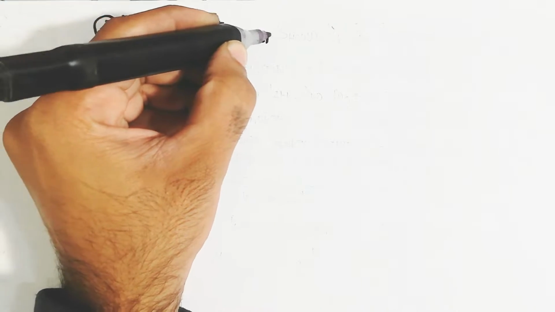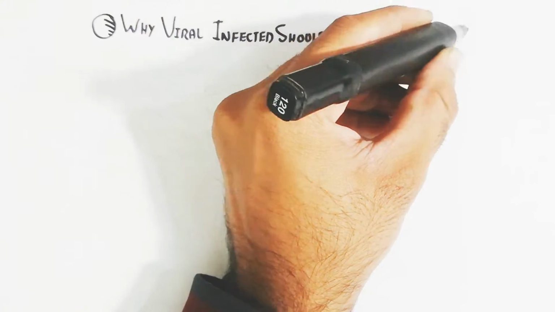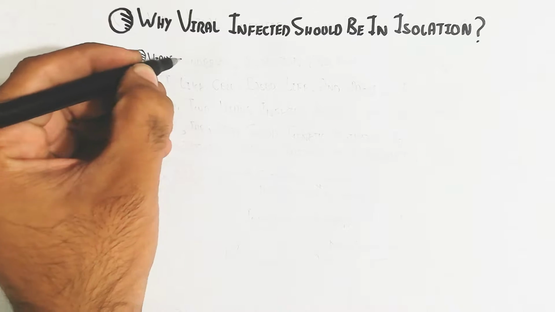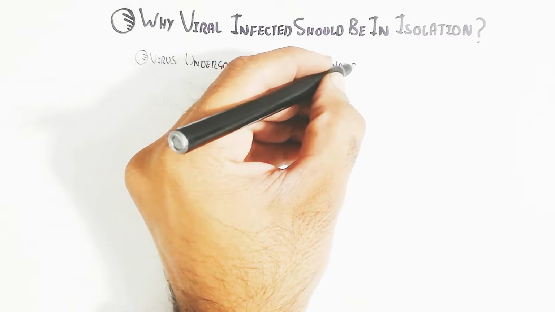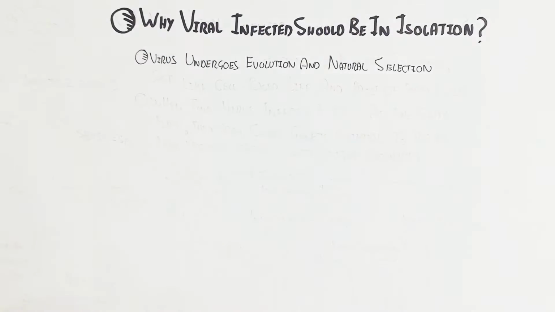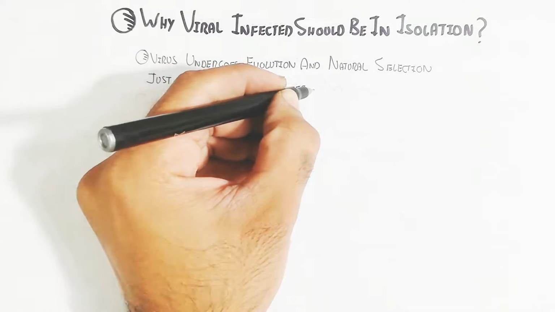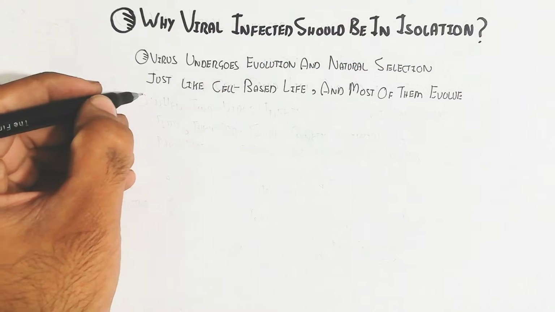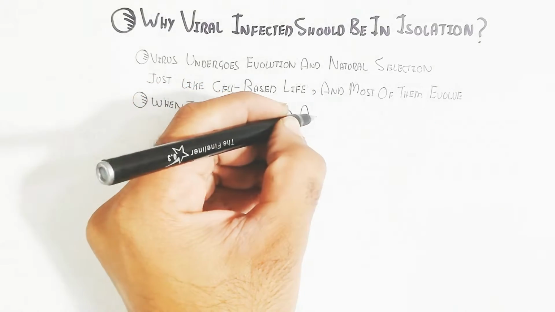So in this video we will understand why a virus-infected person should be in isolation, what the benefit is, and why it is so important, like with COVID-19. First of all, we will understand the whole story and evolution. Basically, a virus undergoes evolution and natural selection just like cell-based life, and most of them evolve when two viruses infect a cell in